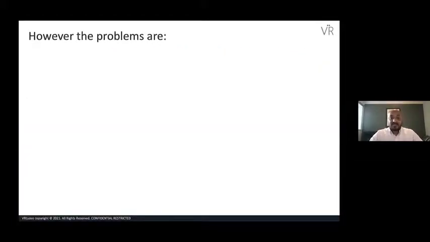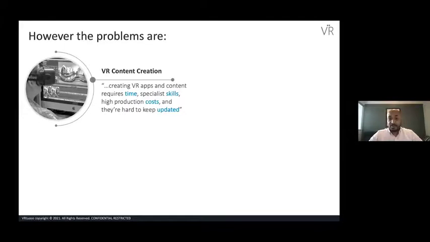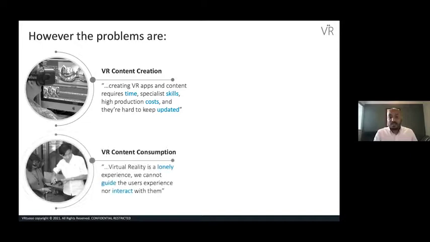So that said, there are some problems with adopting and deploying virtual reality. One of them is the VR content creation. Up until a couple of years ago, if you wanted to develop a VR module, the only way you could do it is by actually outsourcing the content to a media agency who would create a great module. But we all know when you outsource a piece of work, you lose control, it's very expensive, and it's not scalable.